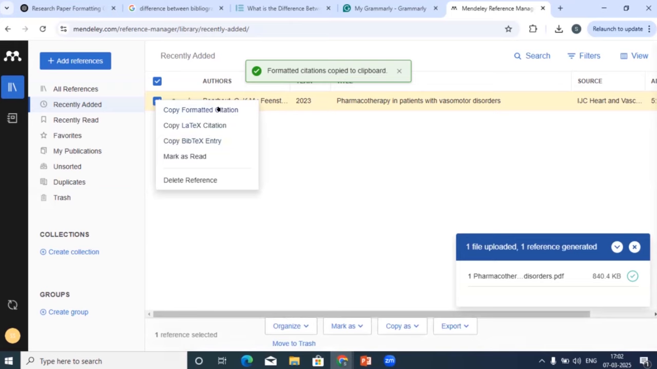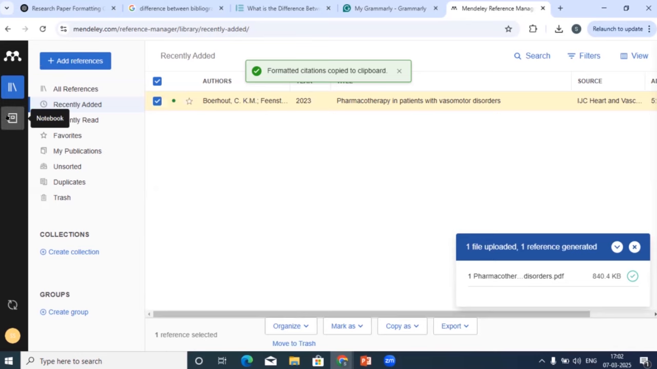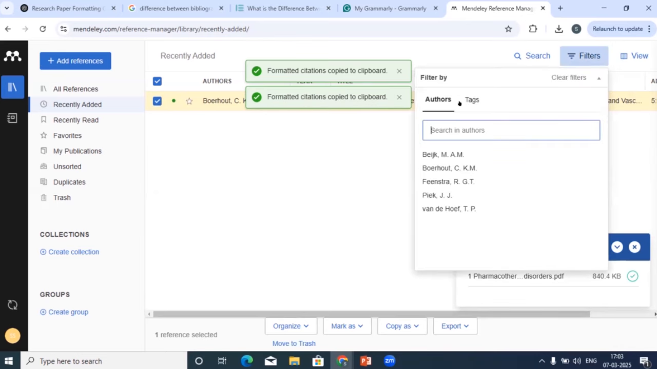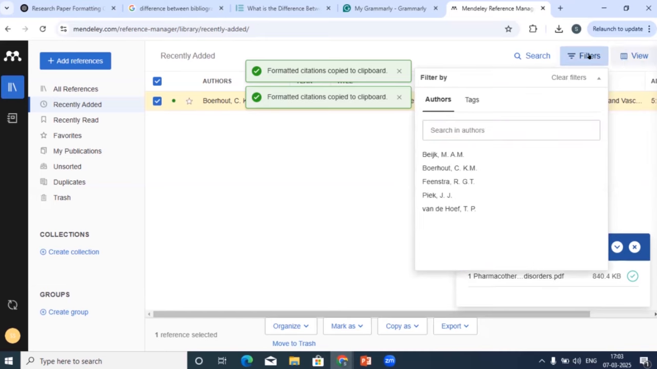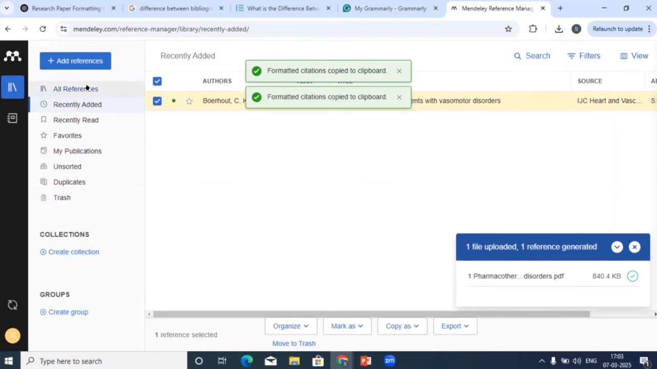The only thing is that I was able to change the style of citation. I'm not seeing that window right now. Okay, then you have the filters also. You can search by author's name. You can search by tags. I don't know about the tags, but usually you can search by author's name and then all references, and then